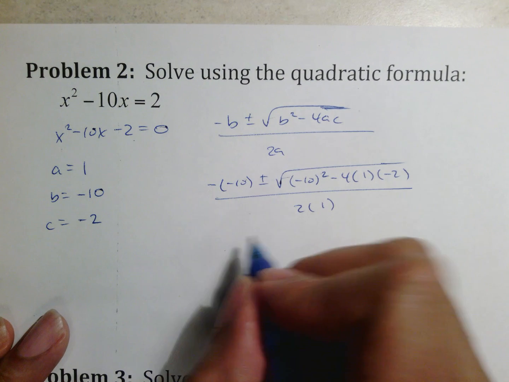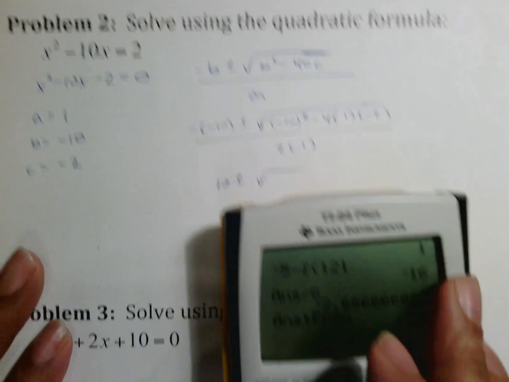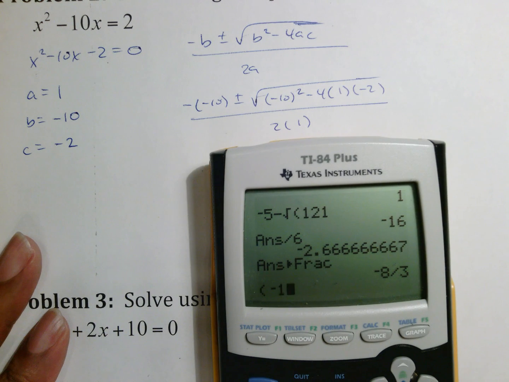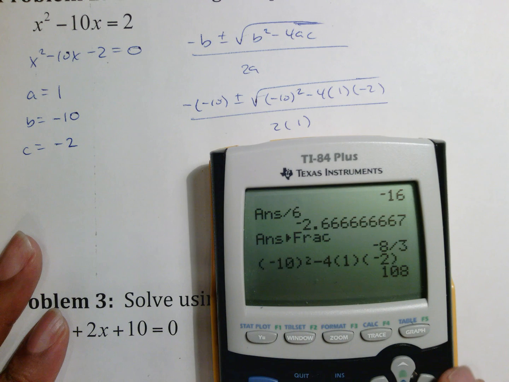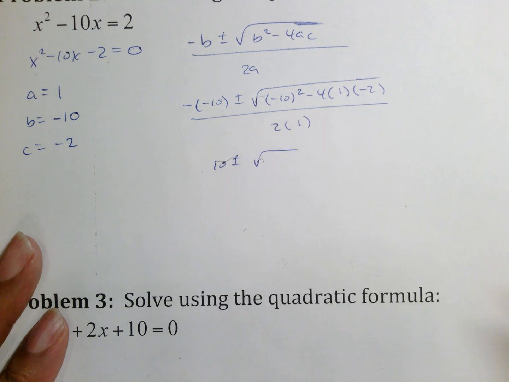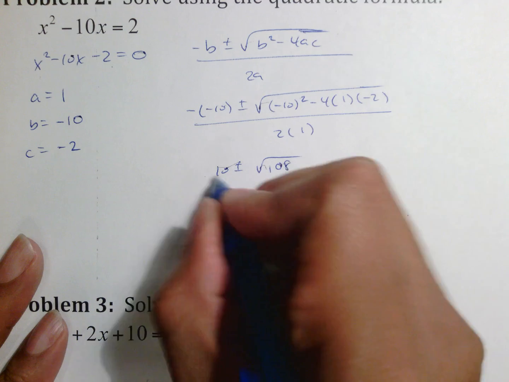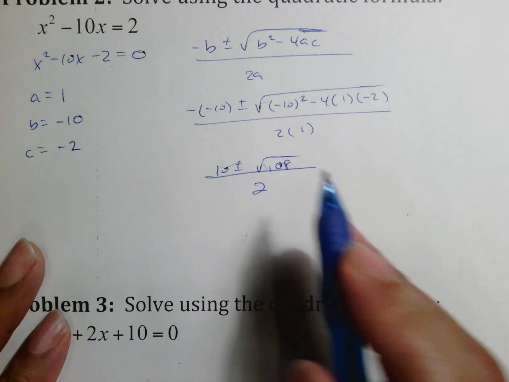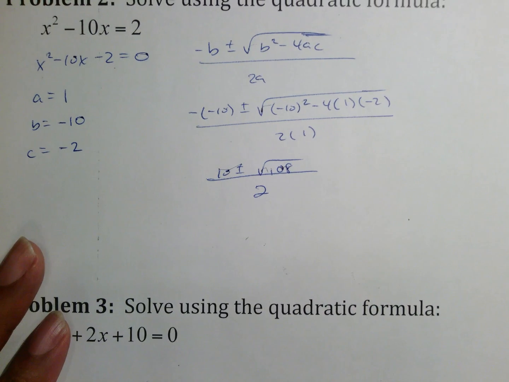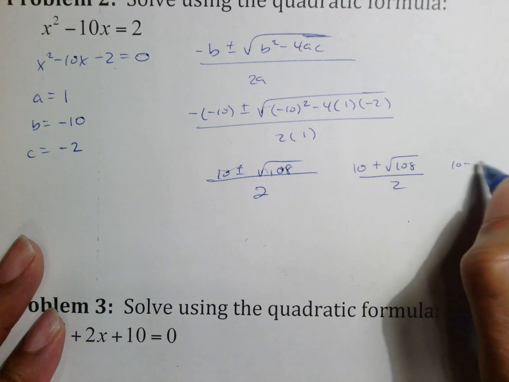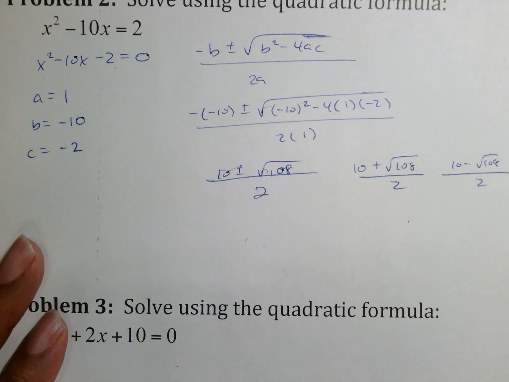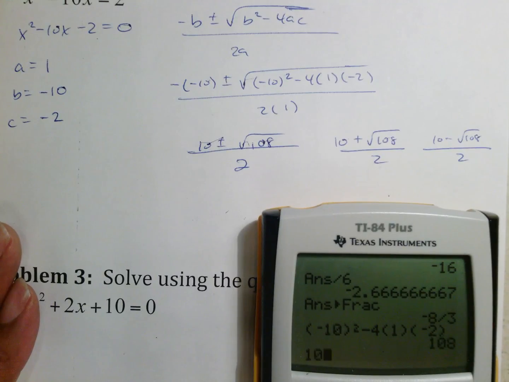Simplify your three zones, that becomes a positive 10. Got to find out what this is, so parentheses negative 10 squared minus 4, 1, negative 2, which is the square root of 108. Notice that that's not a perfect square, so this is not going to end up nice, but that's fine, all over 2. Once we get there, we split it, and so we do 10 plus root 108 over 2, and we do 10 minus root 108 over 2,